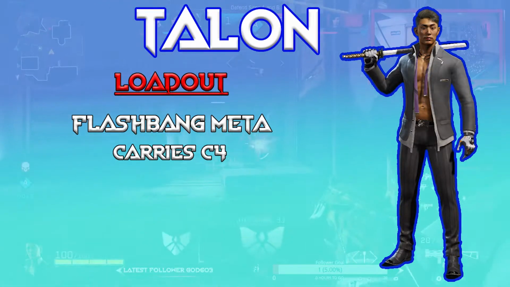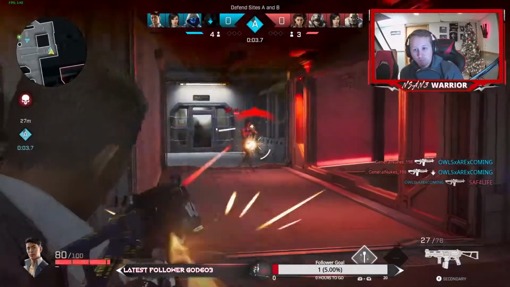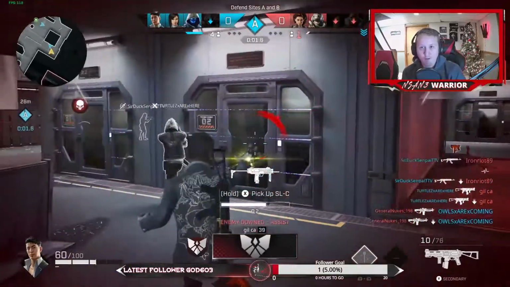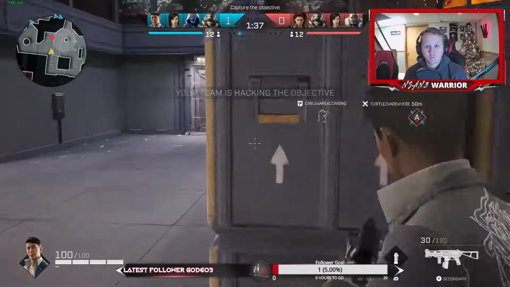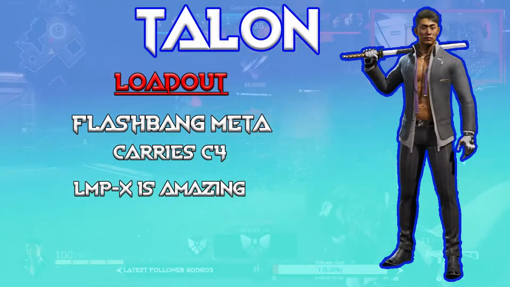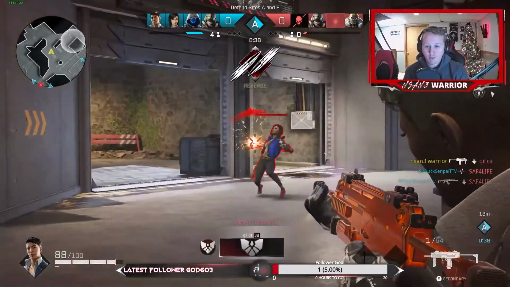Number three, he carries the LMPX SMG machine gun. I love this gun. My favorite gun in the game at the moment right now. The clutches I've been able to pull off with this gun are... I just love it so much, and this gun is what makes Talon so dangerous. If you get up in an up-close engagement, you better be ready, because if he gets the drop on you,